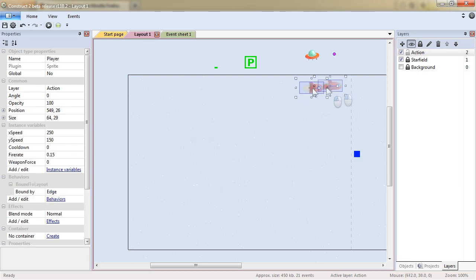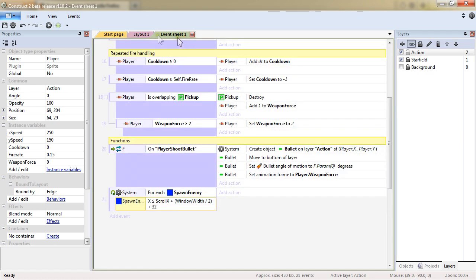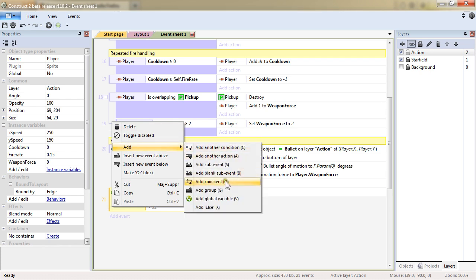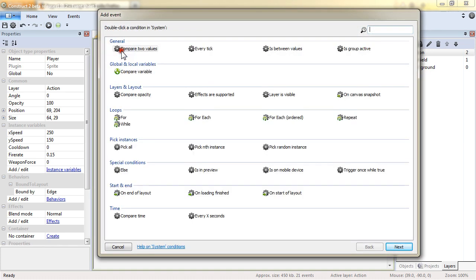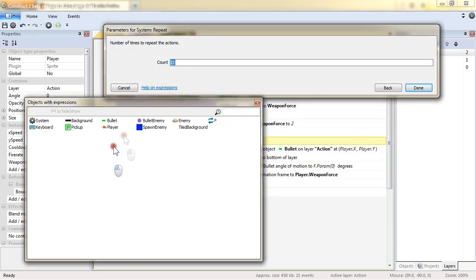You know, it doesn't really matter where the player will be, because it's the scrolling that is taken into account, and as soon as it will be close to this point, then we will spawn stuff. We'll spawn the enemies. So let's add a sub-event and make it a repeat loop, which is pretty interesting, and